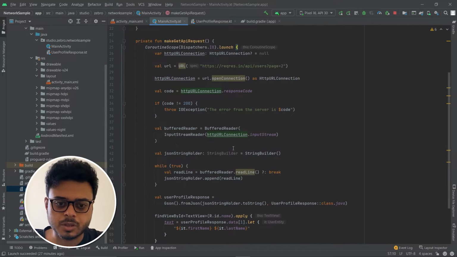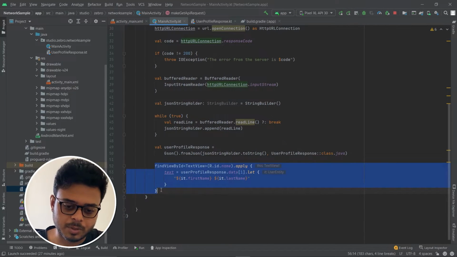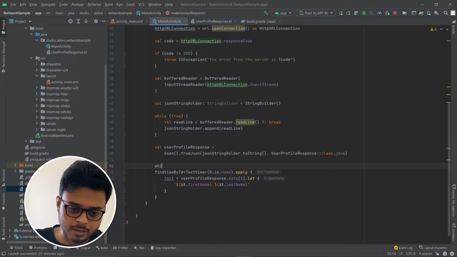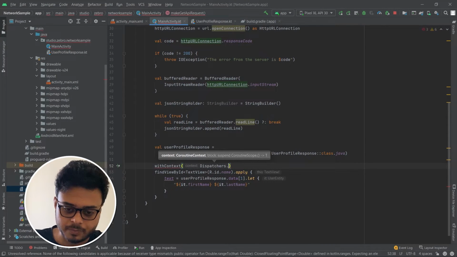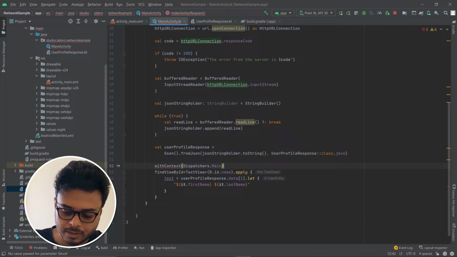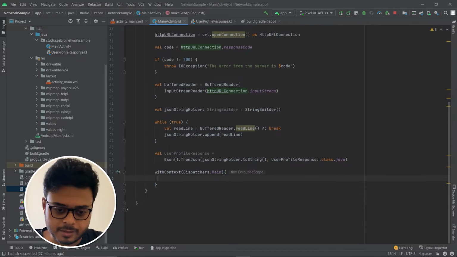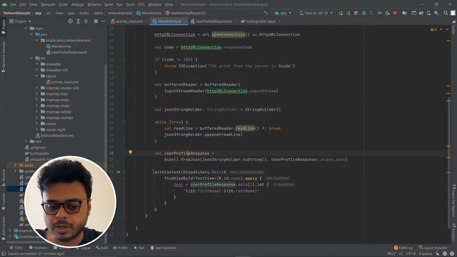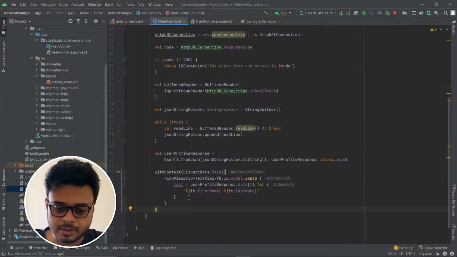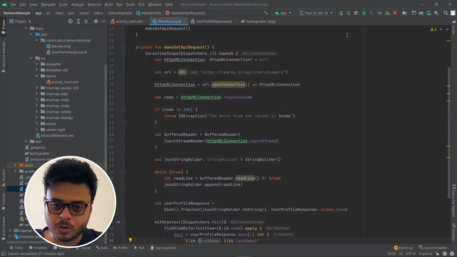Inside the launch scope. So now since we've moved into the background thread, another thing that we cannot do is update the UI from the background thread, right? So here let's quickly jump to the main thread with withContext, and here we will pass in Dispatchers.Main, right? So here we'll call .launch, and then we'll copy this bit of the code inside this. So we are parsing everything in the background thread, but when we come over here, we'll just change into the main thread, and here we'll be just setting the text into it, right? So let's go ahead